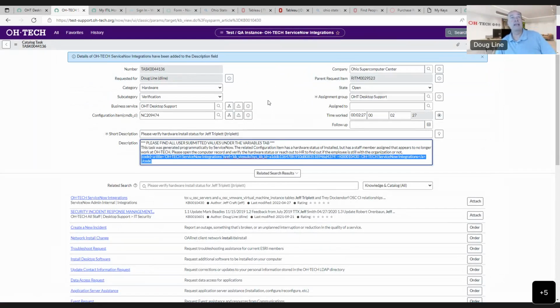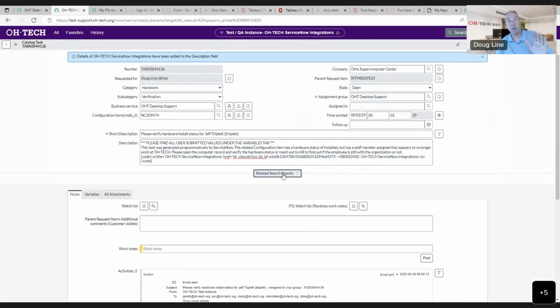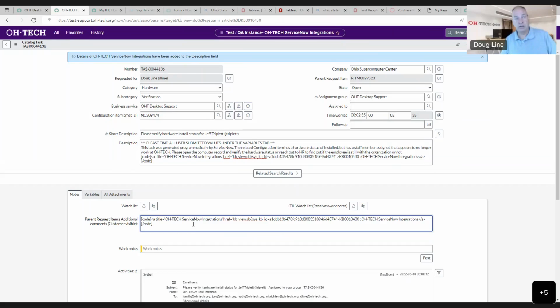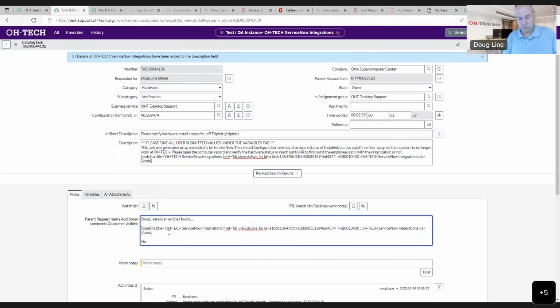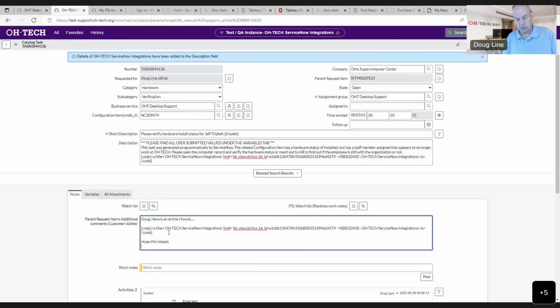But if I copy that and then I close this up, and since we're on a task, I know if I put this here, this is going to go out to everybody that's in the requested for. It's going to go to everyone that was in the watch list, basically a customer. So I can say, Doug, here it is, and I found this. Hope this helped. Doug. So if I save this,